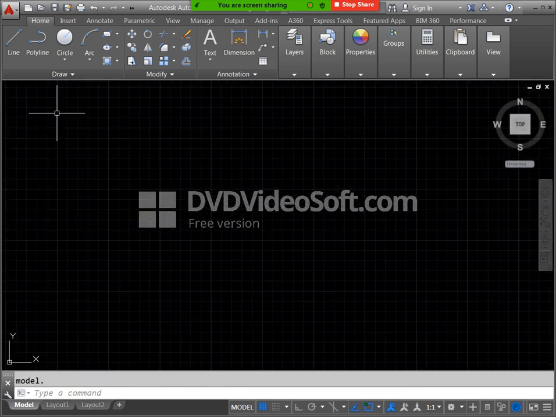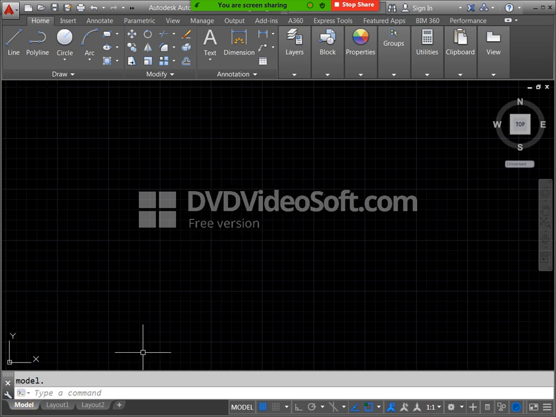Okay. Next, here we have display styles. At the same time, here we have the view cube, and this one is the home button. This is the navigation wheel. You can see all of it here. Next, this is our command bar. This is the UCS icon. Here we can see our tabs. This is the model tab, meaning directly we can see our drawing set here on the black screen. If you need layout drawings, you can go here. This is the layout tab. This is the model tab.